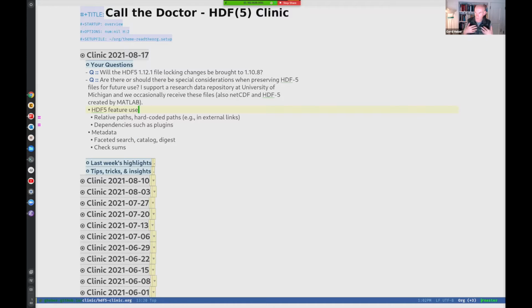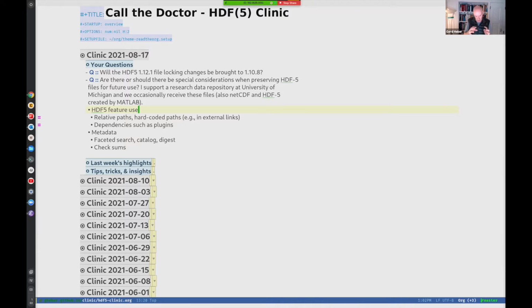For me, one of the criteria for suitability for long-term archival of such data would be that certain features either be absent from that file, and I'll give an example in a moment, or if such features that create potential complications are present, then they must be documented, so whoever picks up these files in the future is aware of certain assumptions of a certain context that must be there in order to reproduce the content of these files. And I'll give an example.